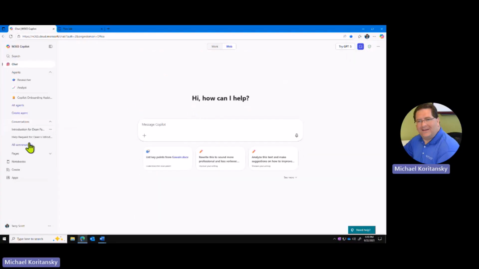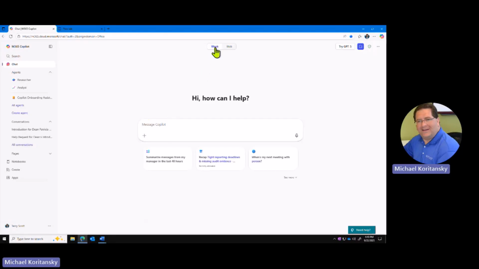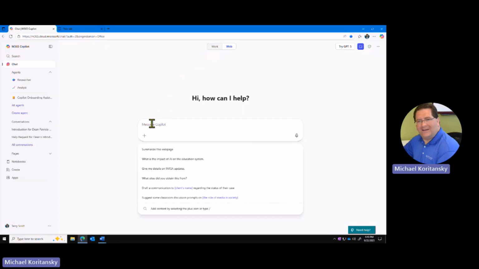Now, my previous chat interactions were over here under the conversations area, so if I want to go back and see them, I can. But in here, I want to ask Copilot a question. I want to check for plagiarism on that option. Now, I can do this whether or not I have the Work tab or the Web tab, but I'm going to focus on the Web tab because I want to look at resources outside of my organization. Remember, if I'm in the Work tab, that's resources inside my organization. So in here, I'm going to ask Copilot, I want to check,